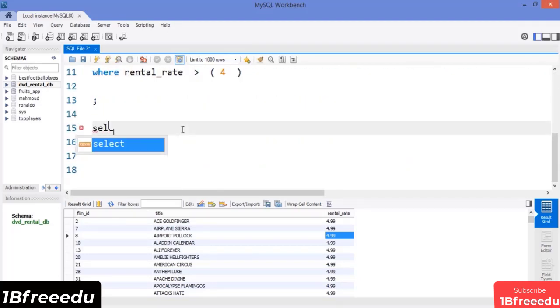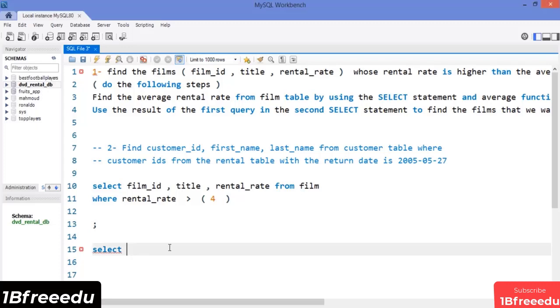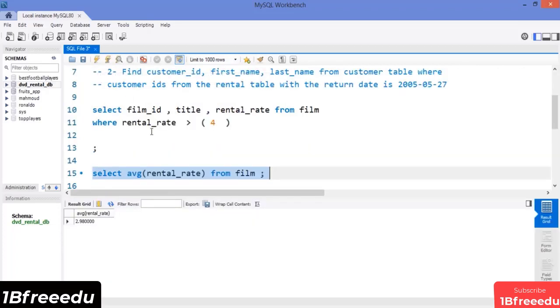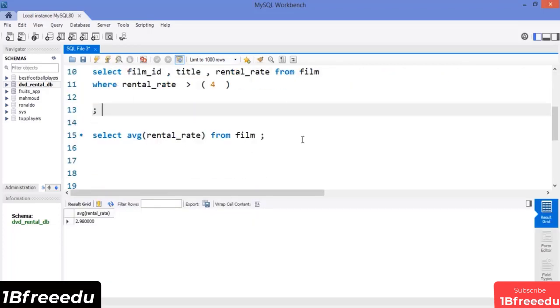films. Let's write select, and we need to select the average rental rate. In MySQL, we will use AVG, but we have two. Let's get the one with parentheses. We need the average of the rental rate, which is in the film table. So let's run this and see. Awesome. We can now see the average value of the rental rate, but we need to put here the value